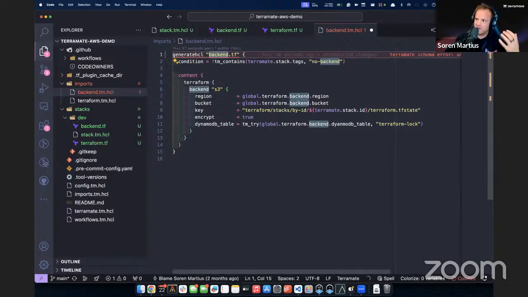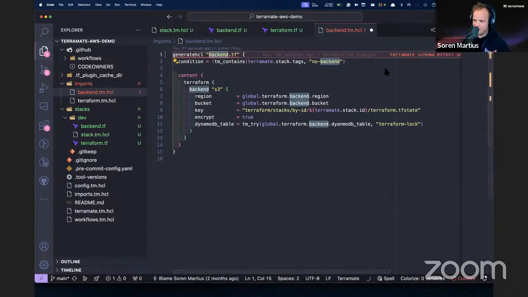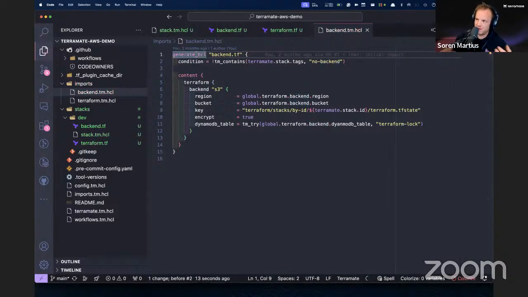And that's because Terramate has a language server running in the background, which basically parses the Terramate language constructs and gives me feedback right away. So we can actually validate whatever we do here. Awesome. So now if you look at this, we can see, so in theory,